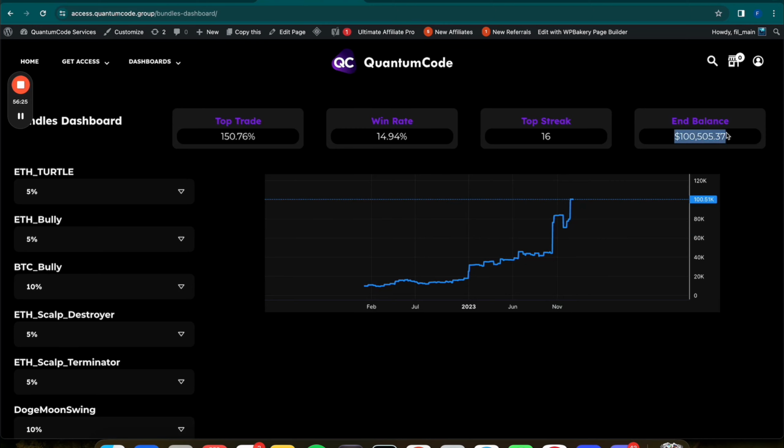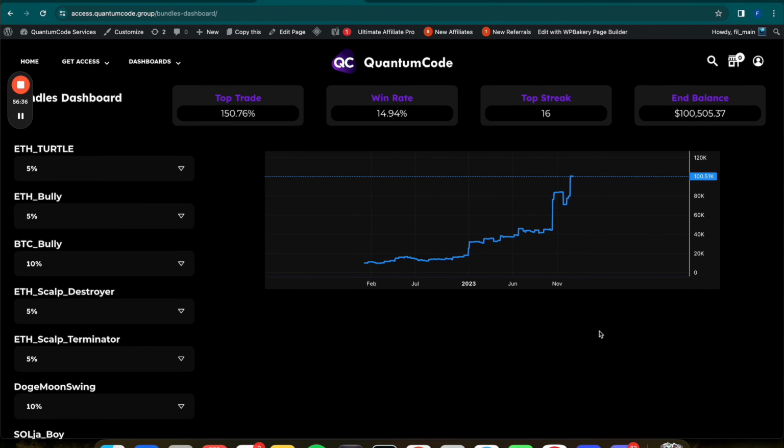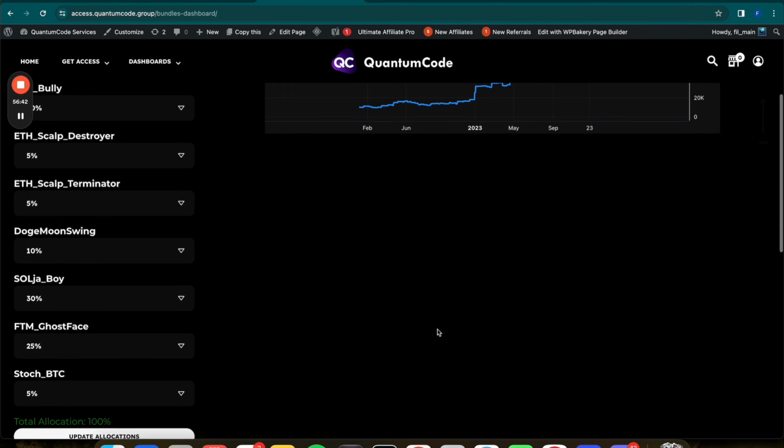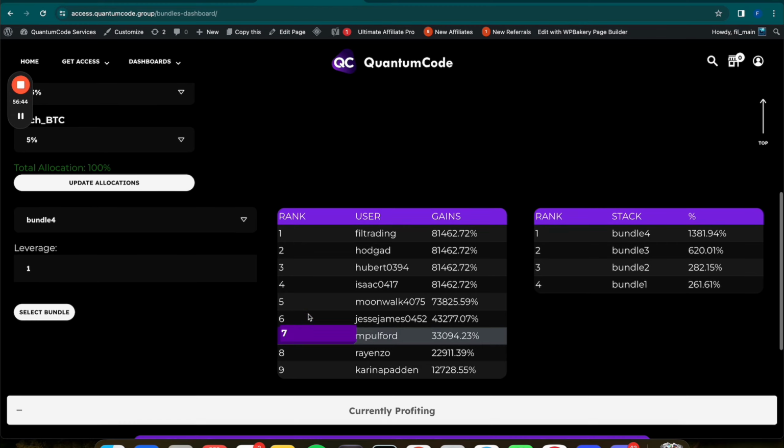So someone might not want this because they might not start with 10 grand and might start with $10 million, and they don't want to 10x their account. They want to make $1 million a year and not think about it. So those are different approaches. So these are the bundles, and these are how you use the bundles.